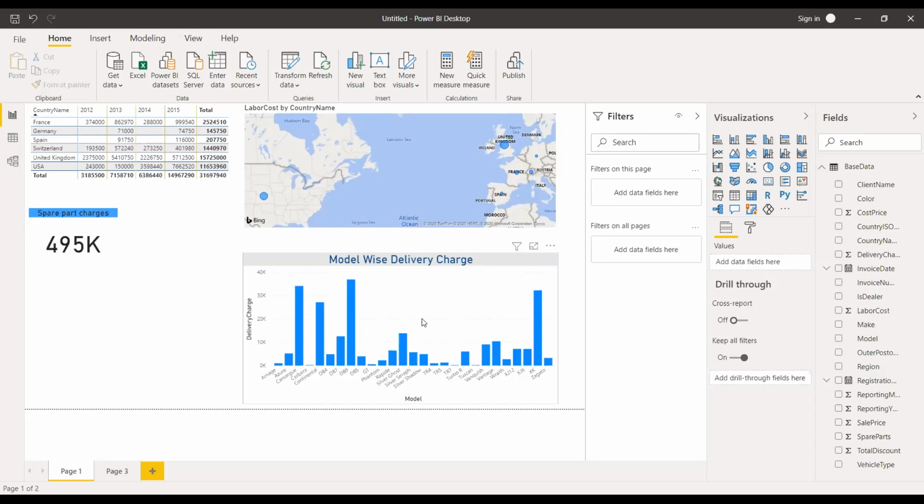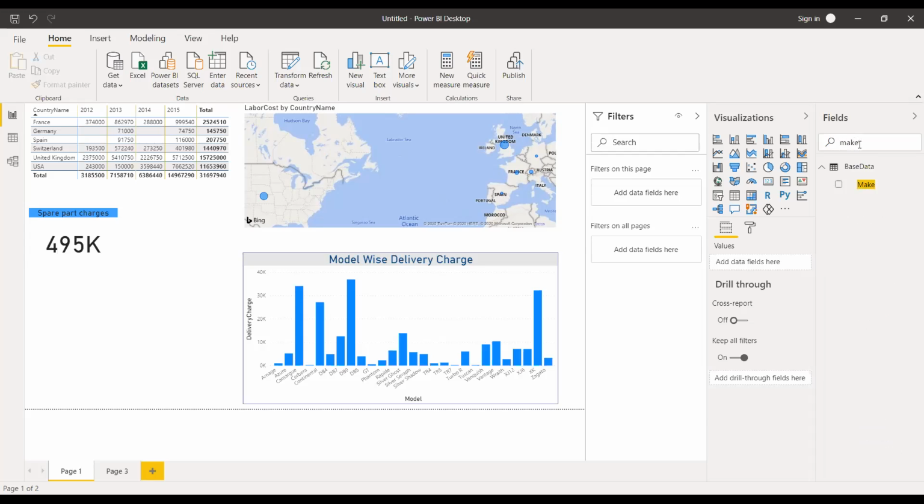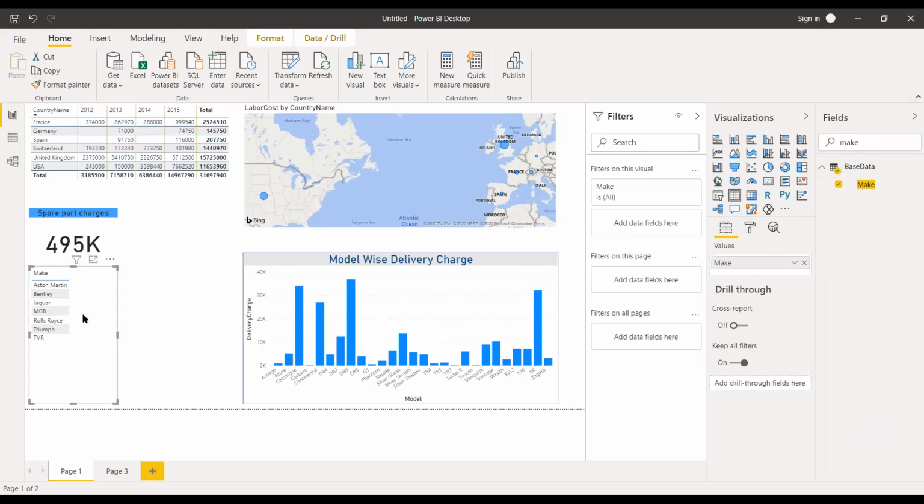Model by country charge. I'm just picking one more aspect here, make. Drag the make field and drop it here.